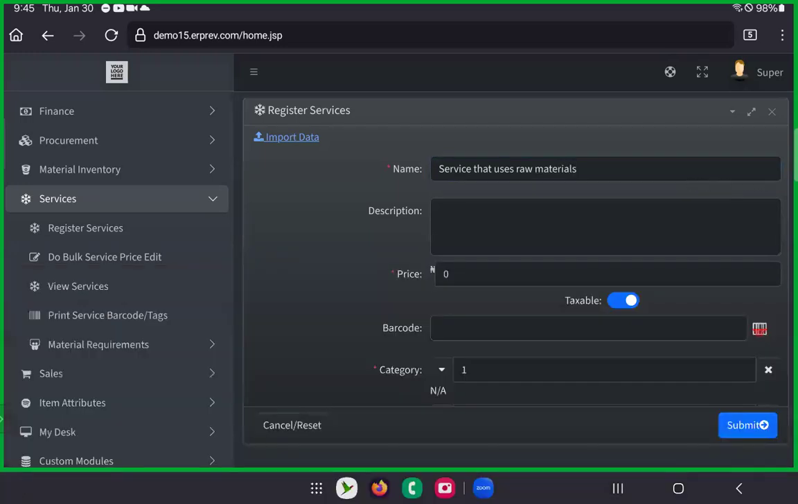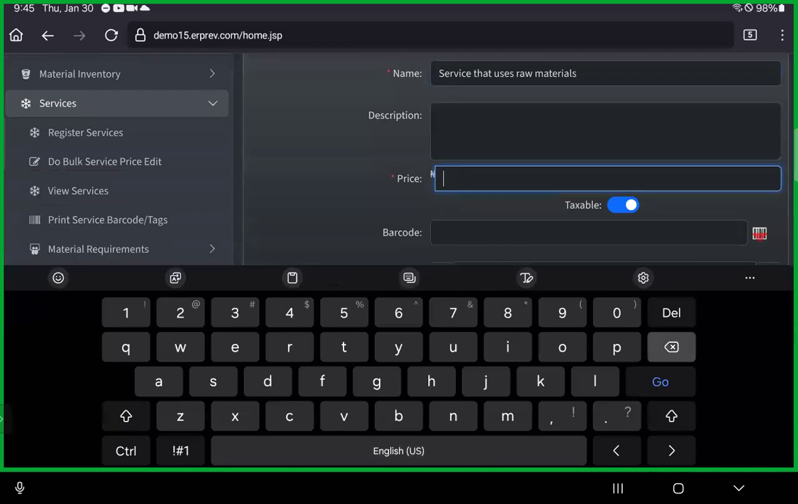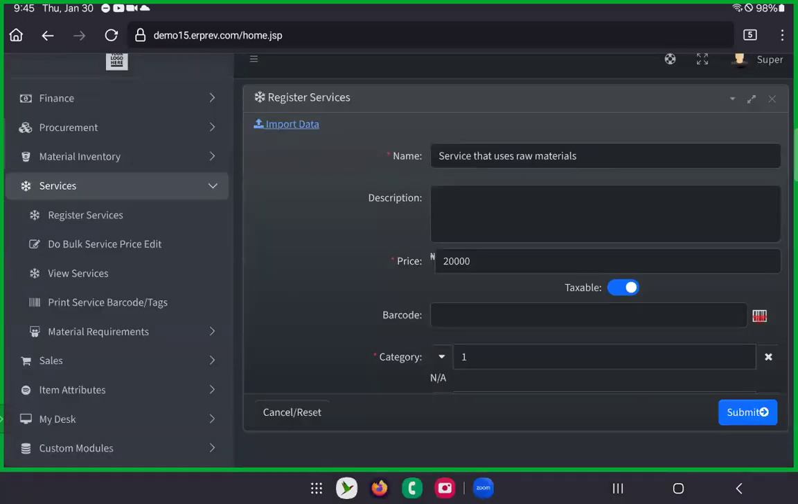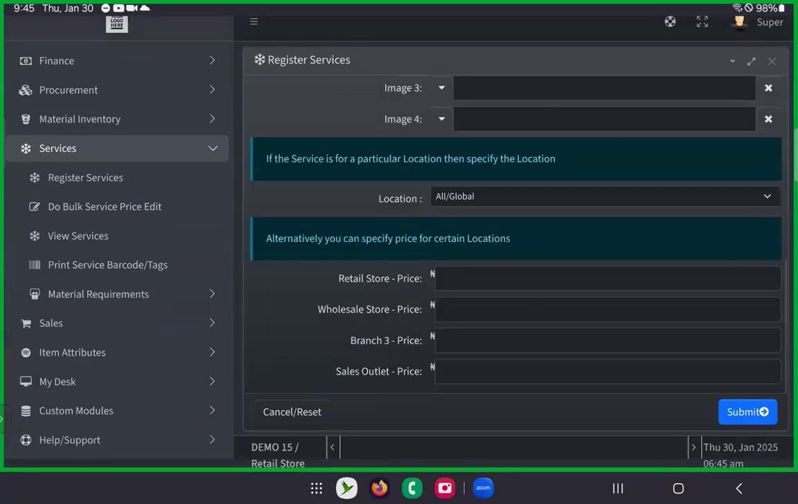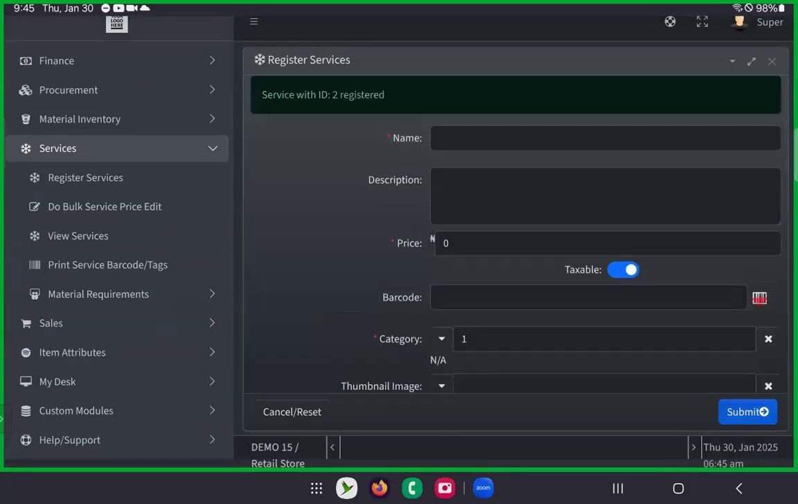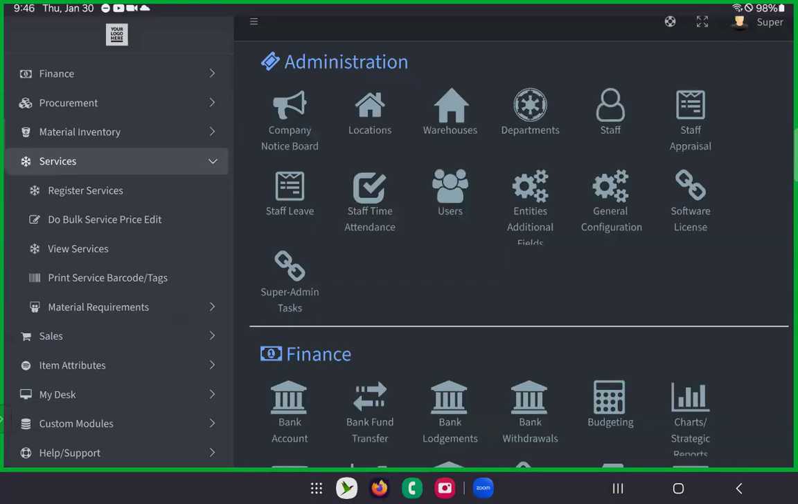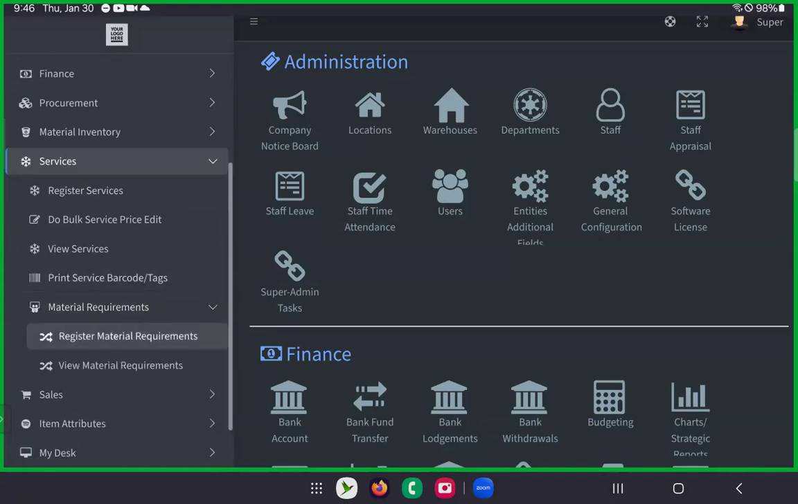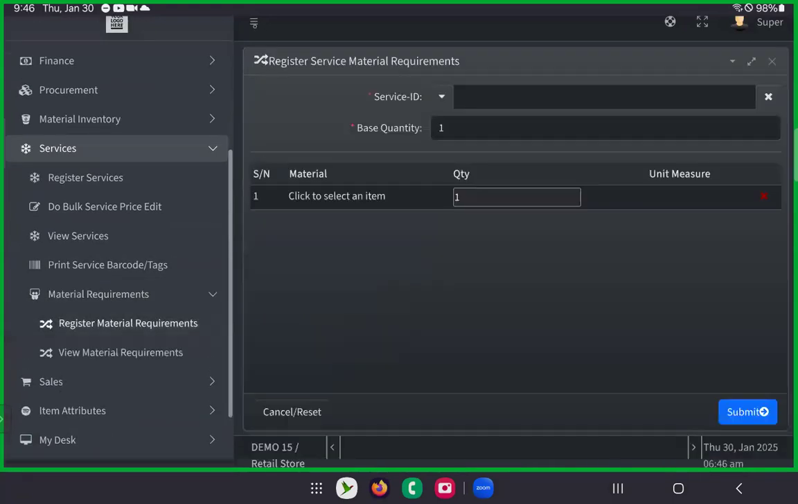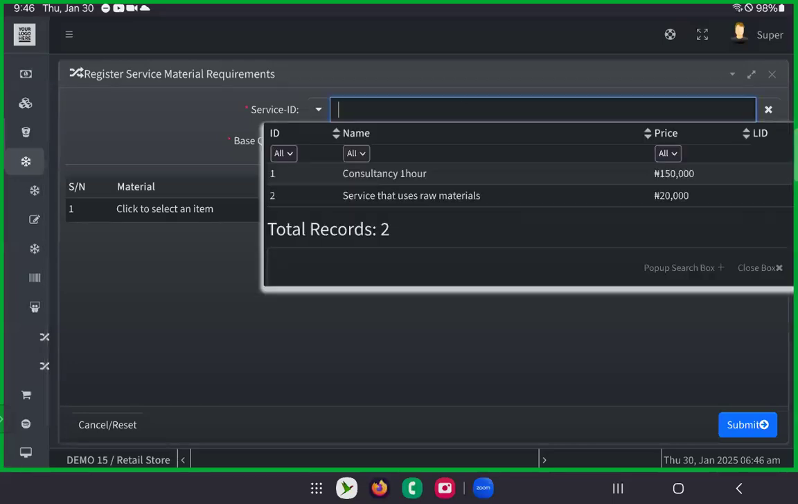Okay, so here I'll go ahead and maybe give the service a name, maybe 20,000 naira, and it's taxable and all of that. I'll just go ahead and submit. Now that I've registered that service, on the services, I'll go to material requirement, register material requirement. System would want to know which service I want to register material for,